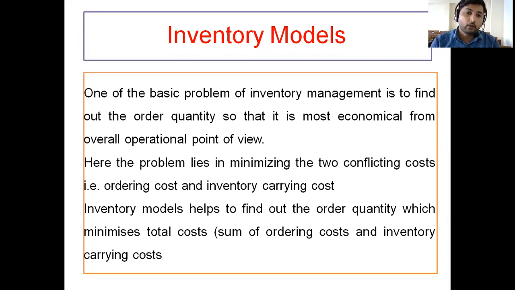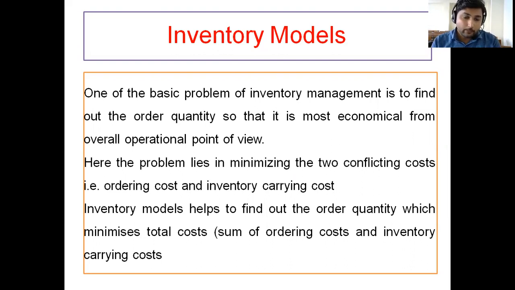So here one of the basic problems of inventory management is to find out the order quantity so that it is most economical from the overall operation point of view. Cost related to the inventory should be at a minimum level so that we will get the operational cost in a minimal, economical condition. And here the problem lies in minimizing the two conflicting costs. Conflicting means opposite to each other. That is ordering cost and inventory carrying